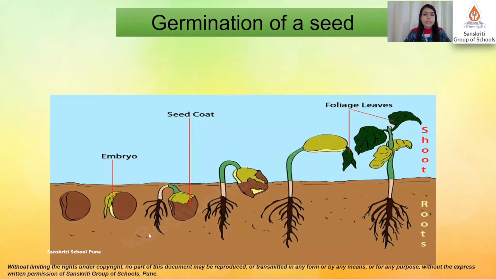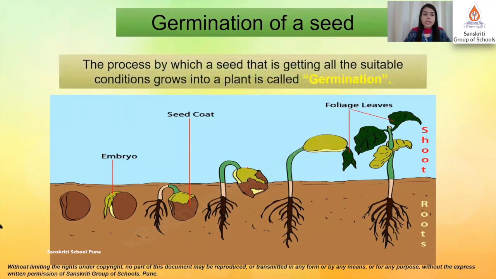So earlier the seed was inside the soil, then it starts to grow, the seed coat comes off, the seed starts to come out of the soil in search of sunlight, it begins to grow, then the leaves come out, and the leaves open, and then they perform the process of photosynthesis so that the plant can grow and it can flourish.